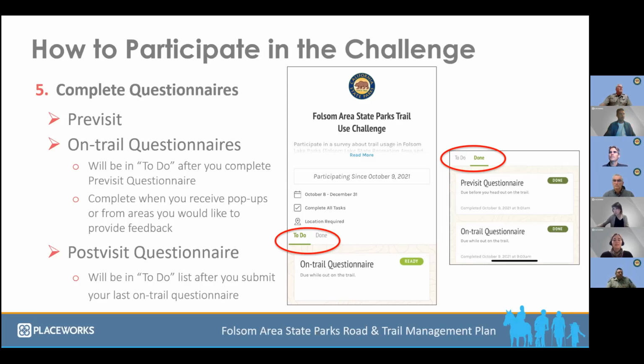So it'll close down. And then as you walk, ride, bike, hike throughout the park, when you go to different areas, the park's broken into 7 different areas for the purposes of this challenge, you may get a reminder. Reminders do not always work, but you'll get a reminder to take the